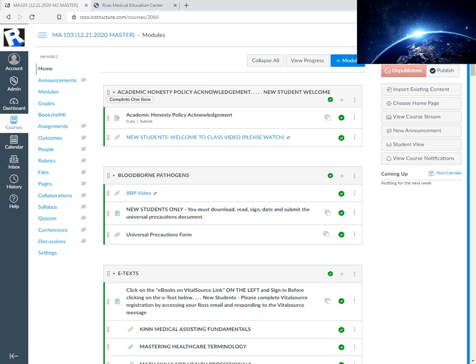The proficiencies that will be completed in this module will be measuring a patient's height and weight, obtaining oral temperature using a digital thermometer, obtaining an axillary temperature using a digital thermometer, obtaining a temperature using a tympanic thermometer, assessing the patient's radial pulse and respiratory rate, obtaining an apical pulse and a radial pulse, determining a patient's blood pressure,